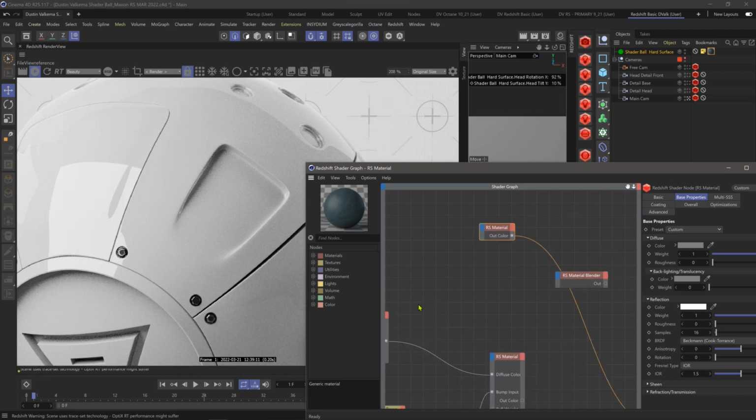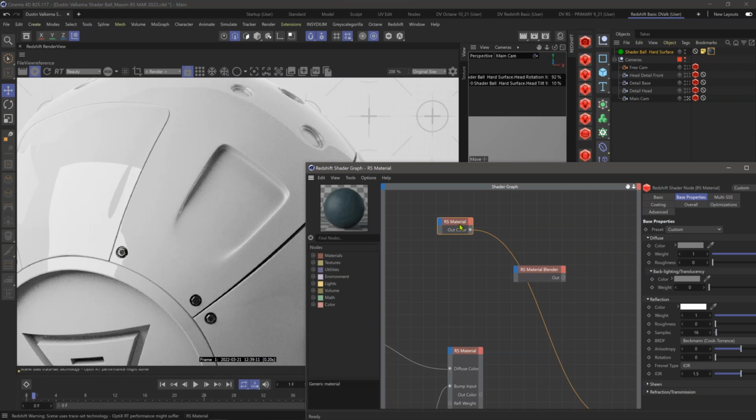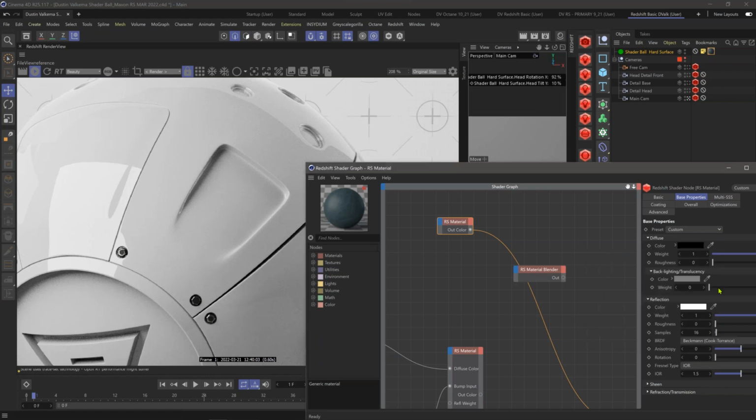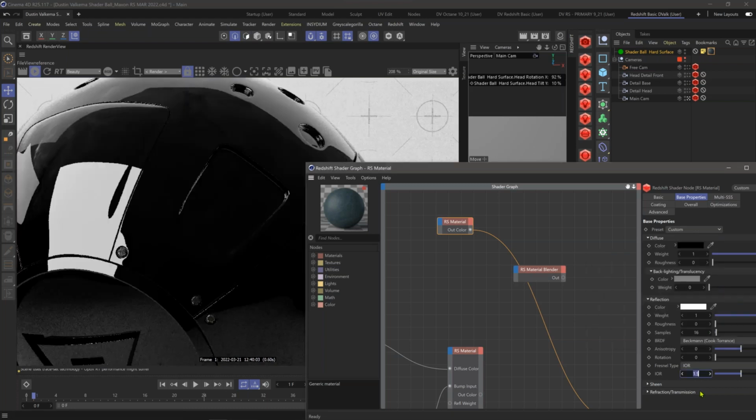Now, if we're building them physically, we're probably going to want this to be a metallic material as a whole. In this case, we could go ahead and use one of our presets here. A very quick and dirty way that I found to create metals is to drop our diffuse color to 0. Then we'll take our IOR and set that to 6. And now once this is set,